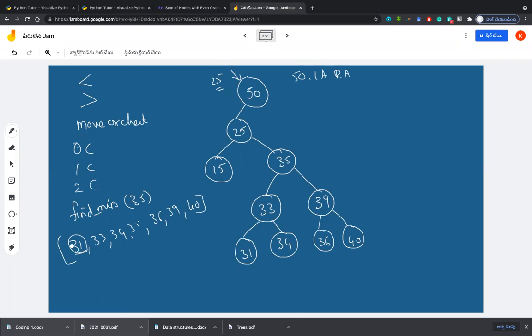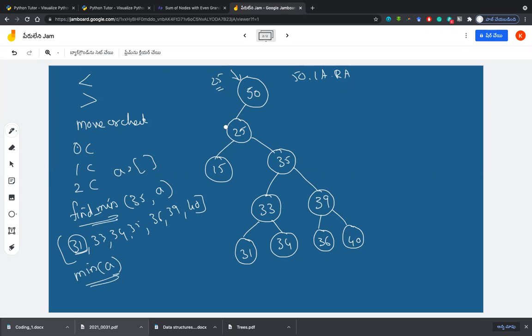So this minimum will be received. One thing you need to understand is that for lists, there is no need for you to return it. For example, if you have a function find min and you are sending a, which is a list, everything will be filled in it, and after coming back to where you called this function, you can find the minimum. There is a function called min of a in Python. So 31 will be received.